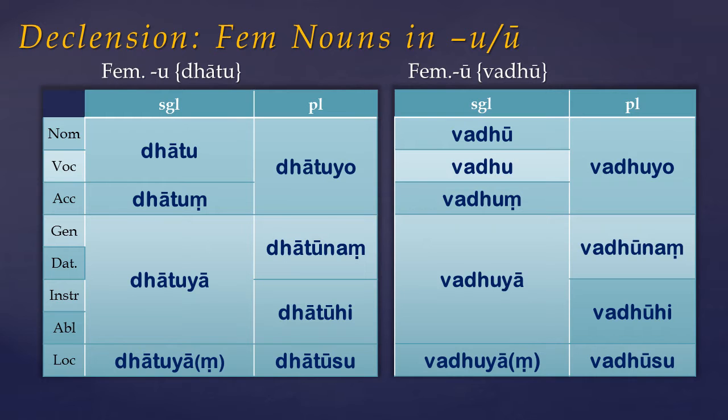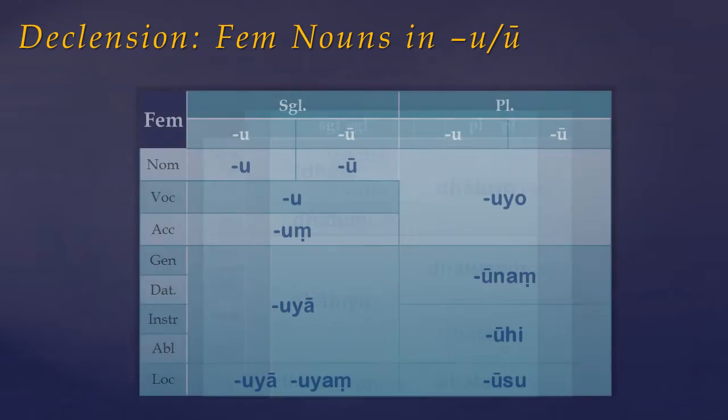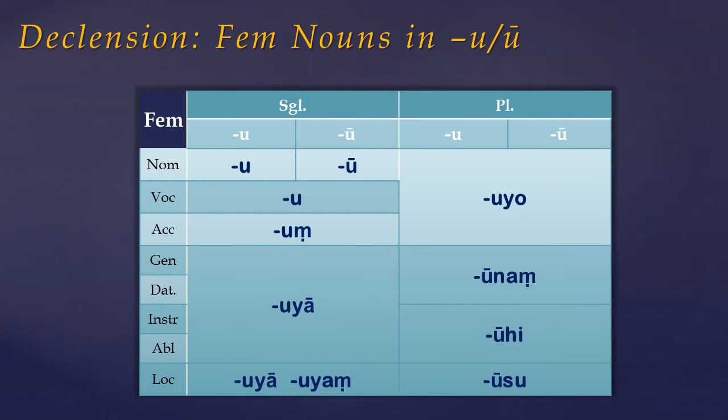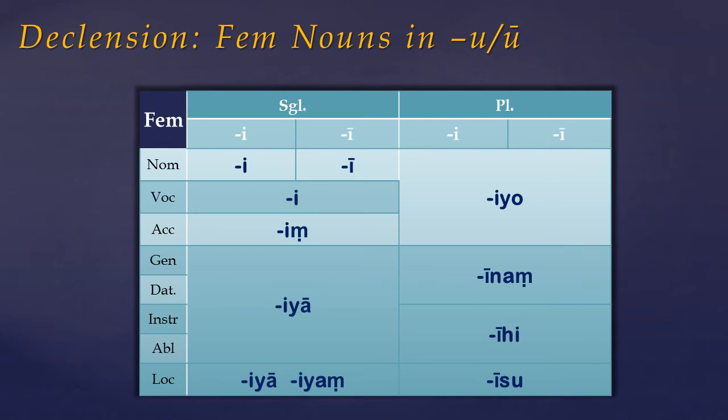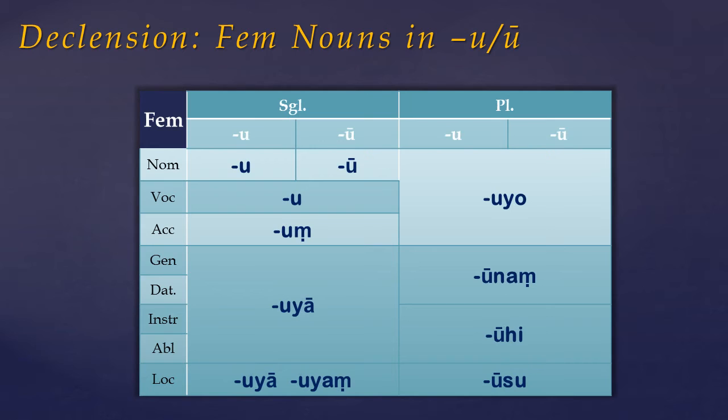And note, I think there's a typo in Warder's table here. The locative plural is dhātusu with a long u. Again, we can see that the two noun endings are almost identical, except for the nominative singular. And they are also in turn similar to the feminines in i, except for swapping the i for a u. So, I think that's all of the feminine noun stems covered now, so we can move on to